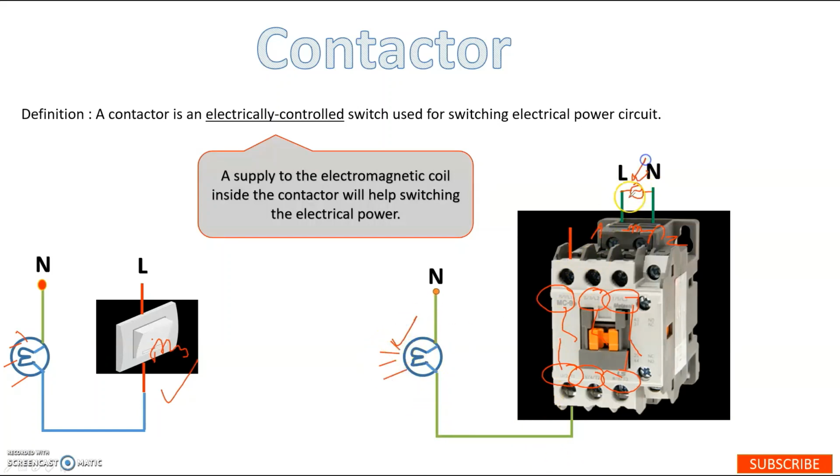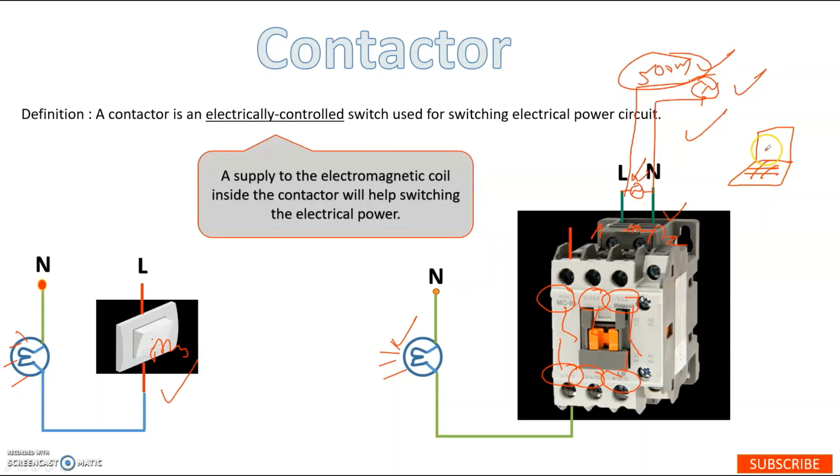Now to supply this particular voltage, I can be sitting about 500 meters from there, and by using a cable I can send the supply. So from a distance of 500 meters, 1 kilometer, sometimes 5 kilometers, it can be switched on, and sitting at the convenience of my home, I can control my industry. This is how it works. So now let us try to learn a little bit further.